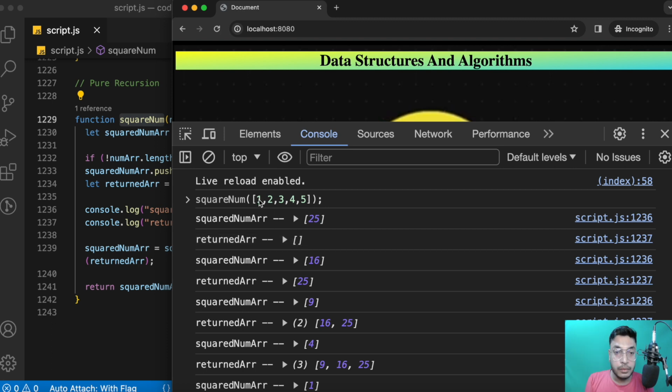If you have seen the call stack video, then you might know already, once the last function from the call stack gets popped off or returned, then only it will go to the previous one. Right now it has reached this part of code, the fifth call of the function. Here it is giving us the square number as 25,